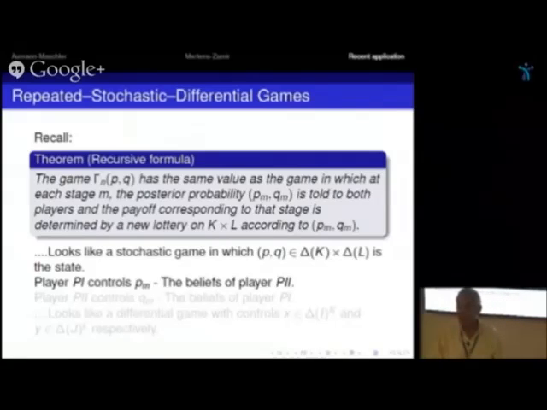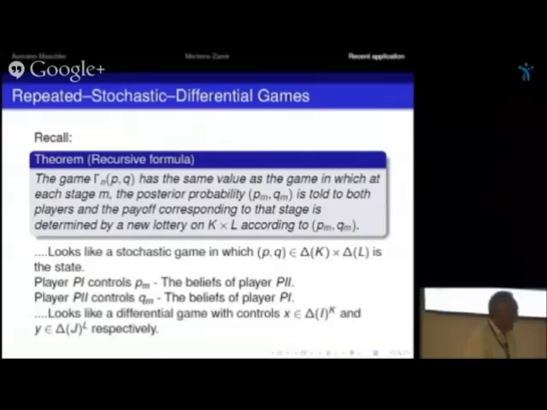Think of it this way. PM is the belief of player 2 on the type of player 1, and it's in the control of player 1. Similarly, player 2 controls the beliefs of player 1 on his type. This is QM. So now you see the bridge to